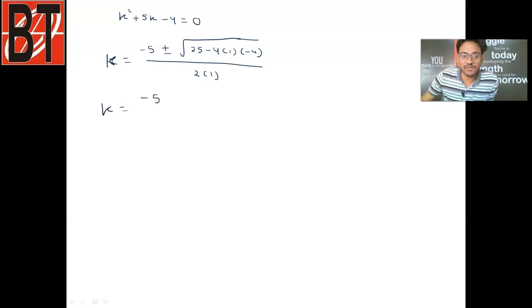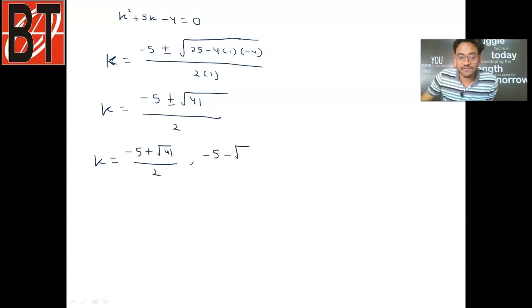Okay, obviously there will be two values of k, and from here minus minus will become plus, so 25 plus 16. Can I write directly 25 plus 16 is 41? So yes, minus 5 plus minus root 41 upon 2. So students, the answer is going to be minus 5 plus root 41 upon 2. This is the positive answer, this is the one root, and by taking the negative sign in between you will have the other root, and these two are the answers. These two are the required values of k.